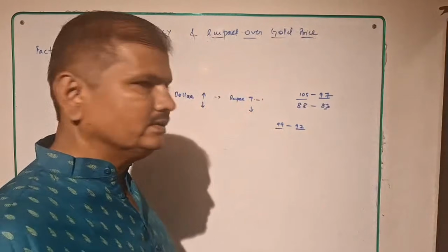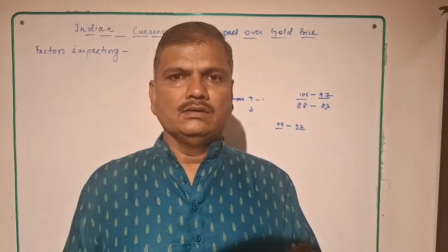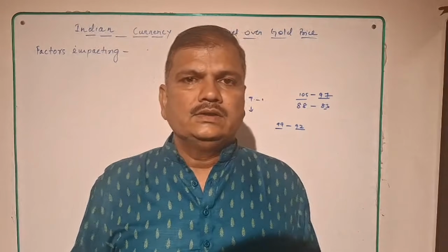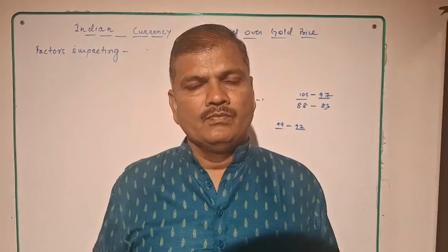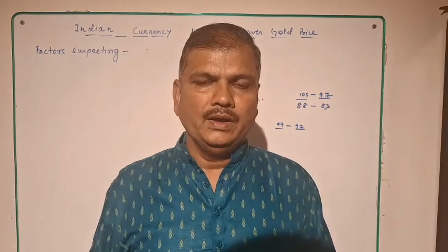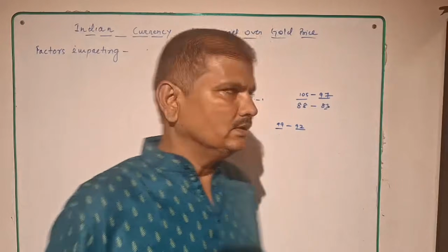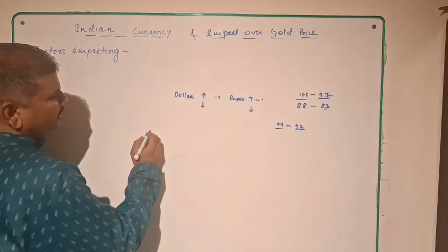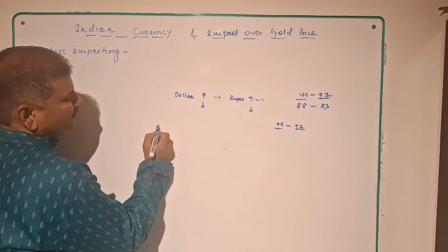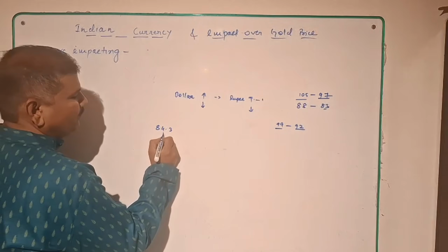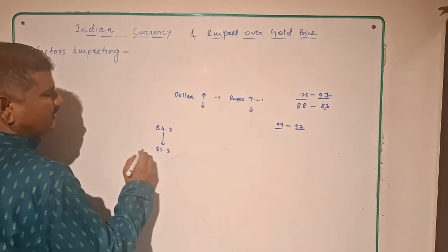Okay, so let us see an example of how this movement will affect the gold price in the Indian market. Let us see what happened on Friday in the valuation of the rupee and how it impacted the gold price accordingly. On Friday we saw a sudden appreciation of the rupee from 84.3 to 83.5 at 9 o'clock in the morning.